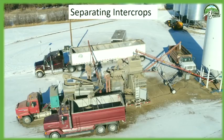And then we separate our refuse into a different truck. The refuse goes to our compost program. And then the small seed, flax, canola, mustard, whatever it is, goes into another truck. And it's clean enough to sell on its own, or else we can re-clean it later. But the really cool thing about this cleaner is it opened doors that I didn't even know existed before we